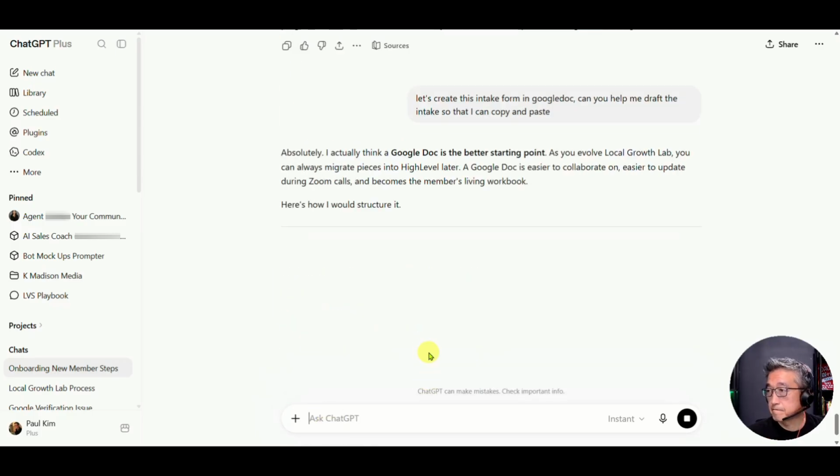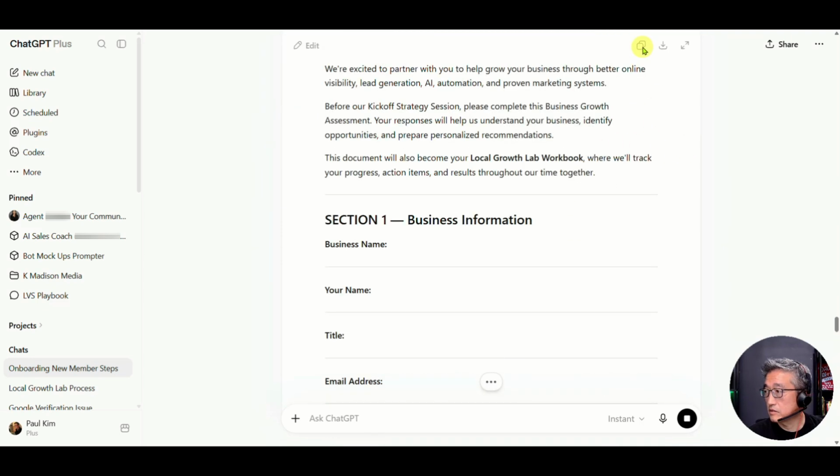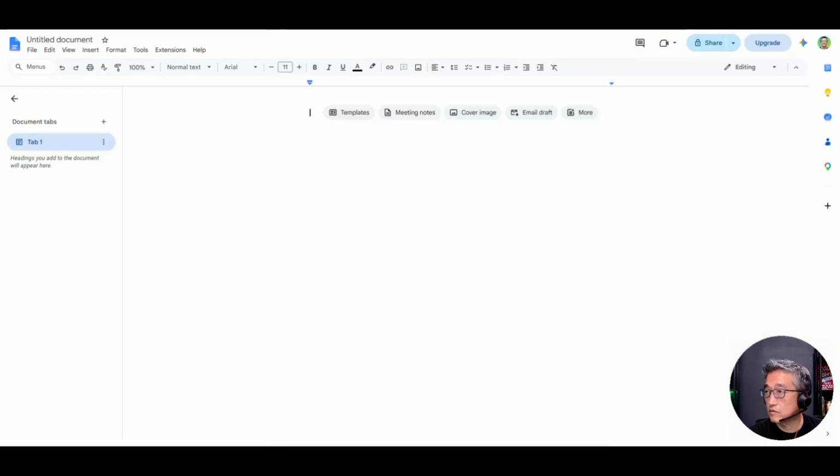All right, so here we go. So basically I'm gonna copy, it's not done yet. Usually if it's ready to copy and paste, I'll be able to copy. Okay, here's copy it. And then I'm gonna go over to this document and I'm gonna go ahead and paste it. Now,